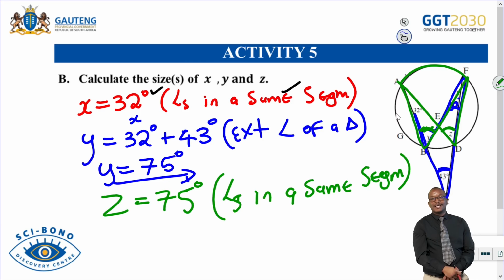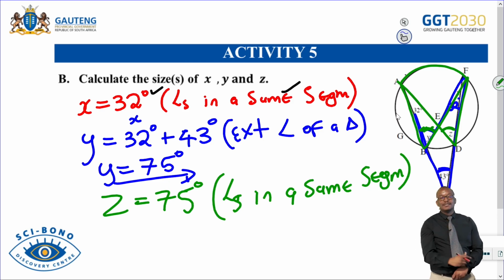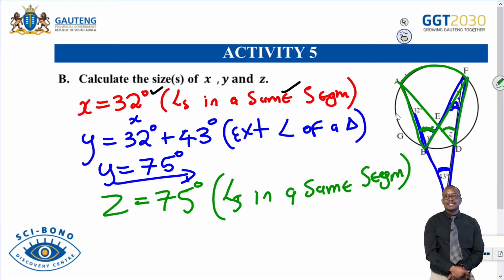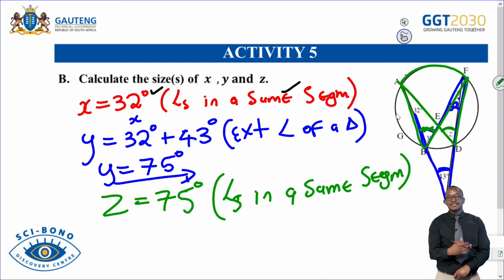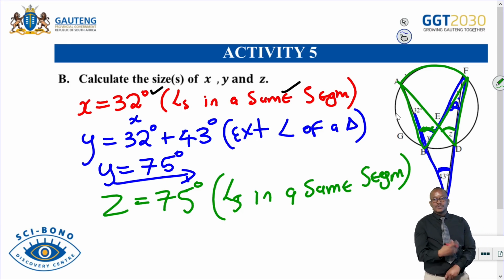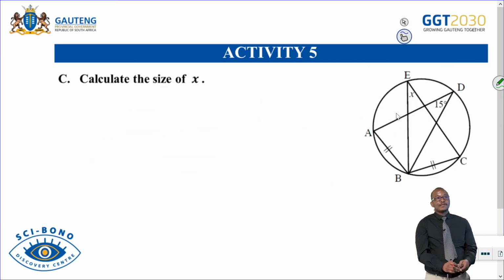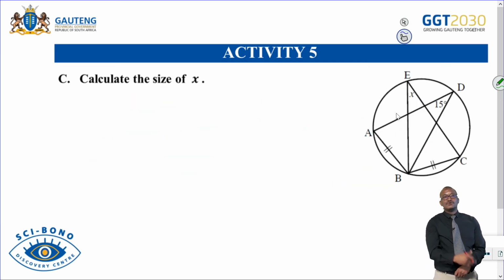For some of the angles we need to apply the knowledge that we learned in grade 10: the exterior angles of a triangle, angles on a straight line, angles in a triangle. Those types of theorems, we need to know them from lower grades. Okay? Now, let's look into